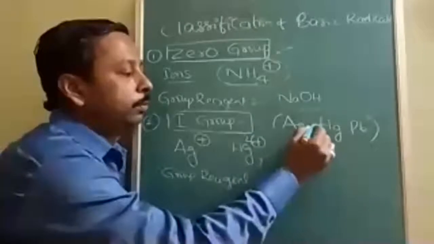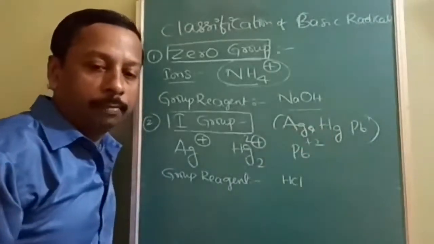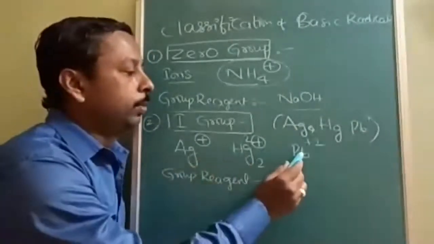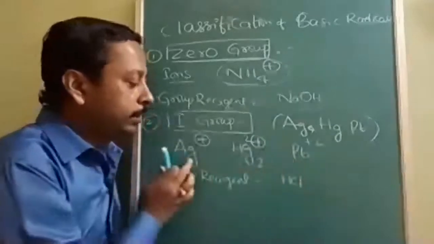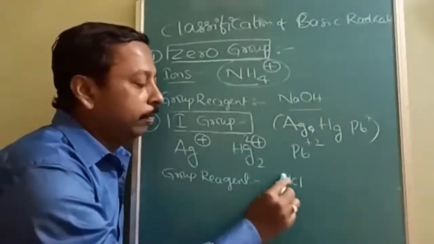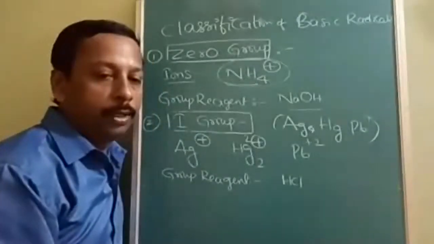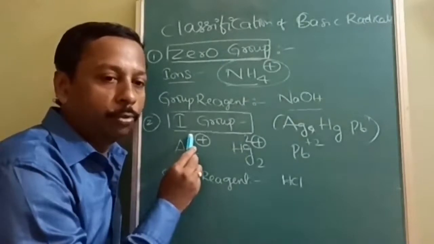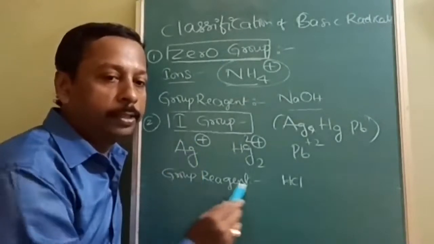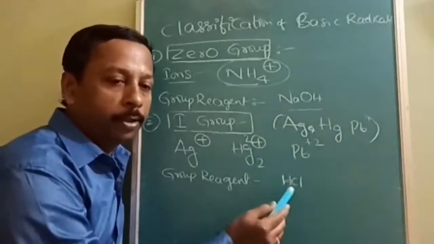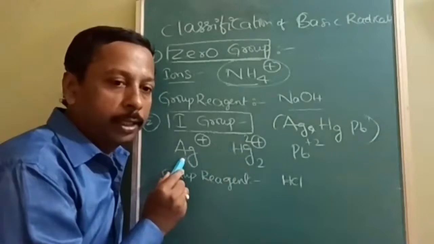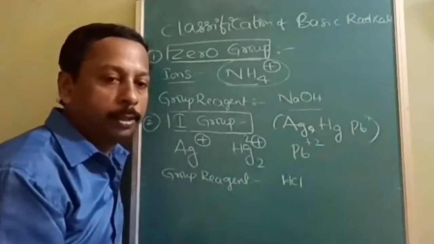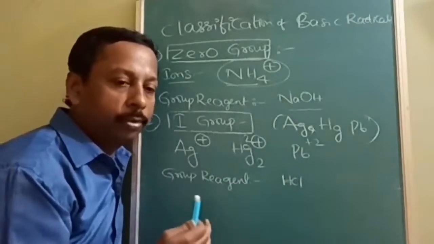The main problem with this chapter is that it is very difficult to remember the things. So here Ag plus, Hg2 2 plus, and Pb2 plus, their presence is a preliminary test. In the starting, we will identify with HCl. When the salt is suspected to contain first group cations, we will add the group reagent HCl. If it gives a positive test, that means it may contain Ag positive, Hg2 positive, or Pb2 plus. But what it actually contains, we will find with the confirmatory test.